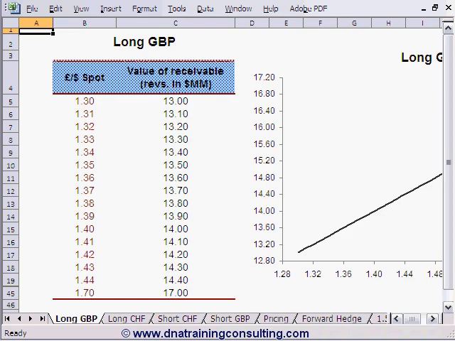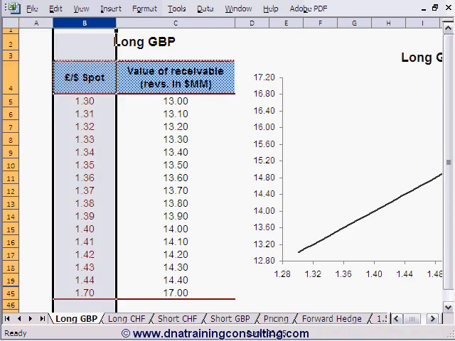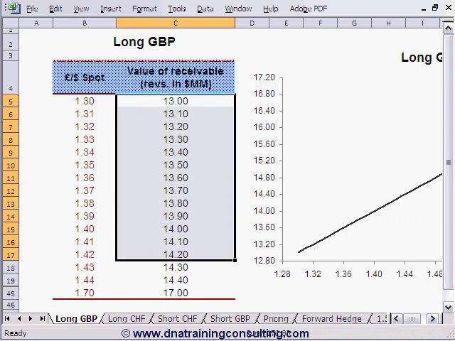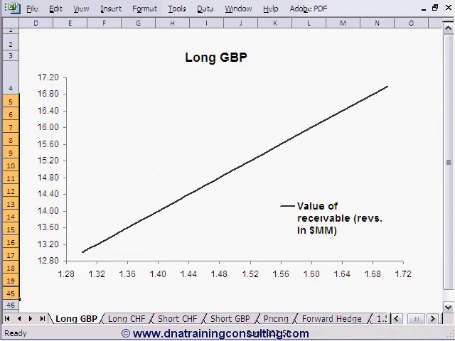Worksheet long GBP lists, over here in column B, values for sterling spot ranging from 1.3 to 1.7, and in column C the corresponding value in millions of US dollars of the receivable on its payment date. Please note that we have hidden rows 20 to 44 for the sake of space. Over on the right, we have the graph,